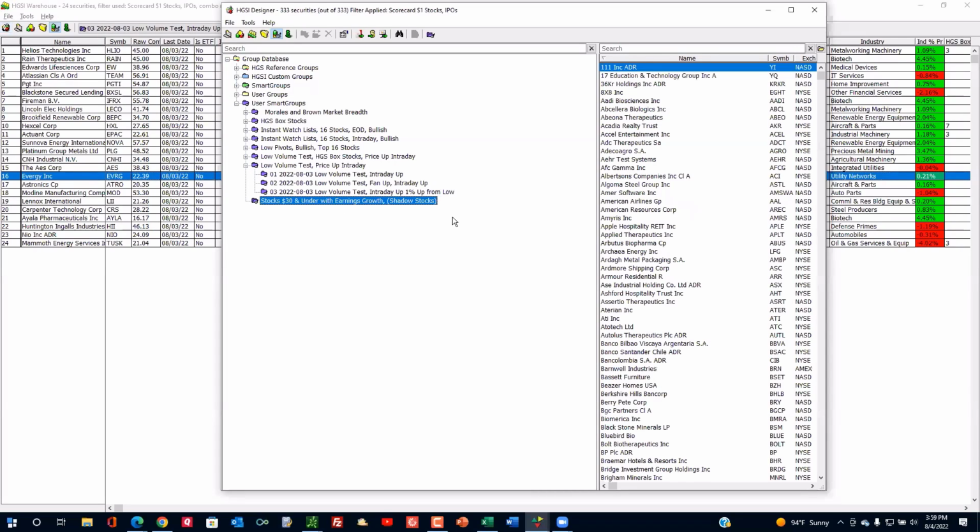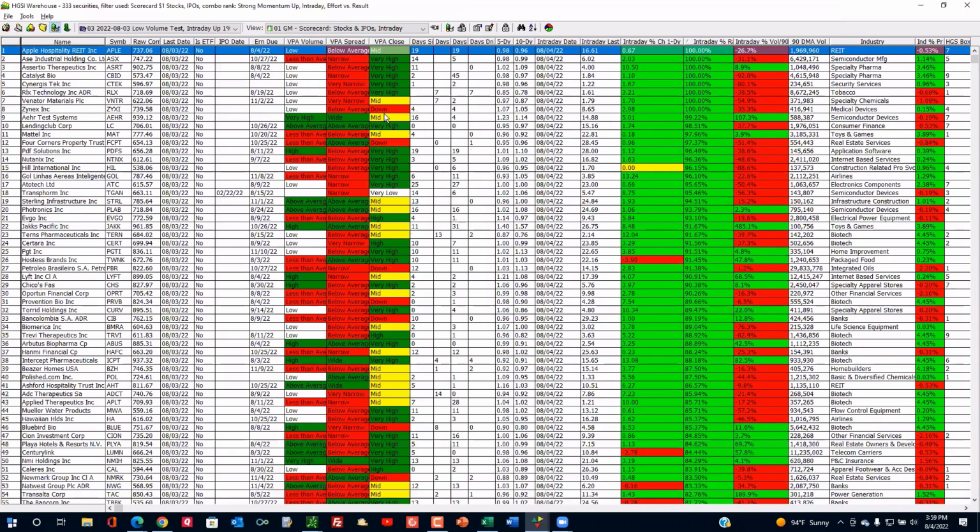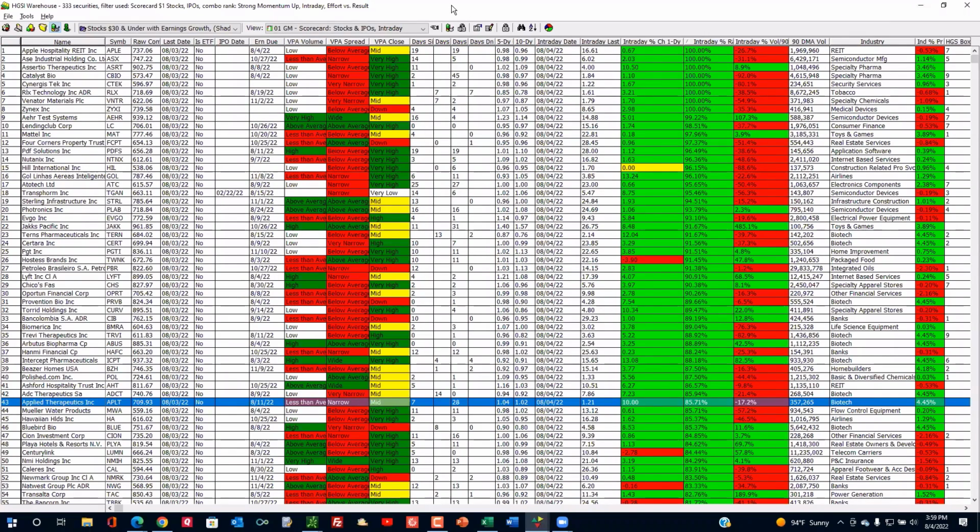I put this in. These are what are known as shadow stocks. I think the American Association of Individual Investors named them that. I made up a filter. It's looking for stocks that are between $1 and $30 that have earnings growth. A lot of people just want to play these stocks. So here they are right here. Now, if I transfer them to